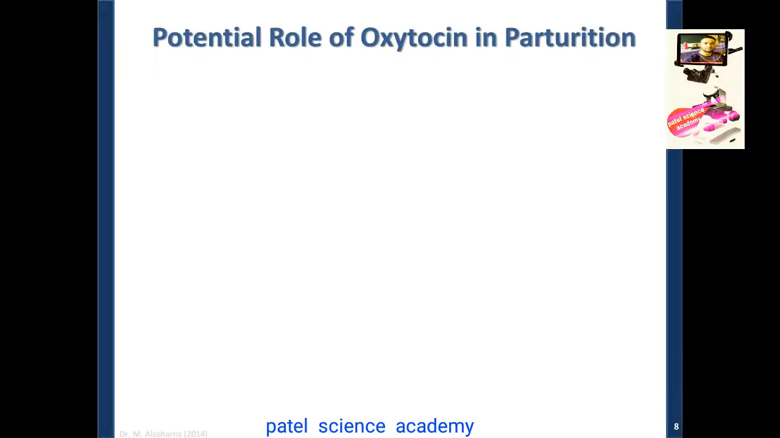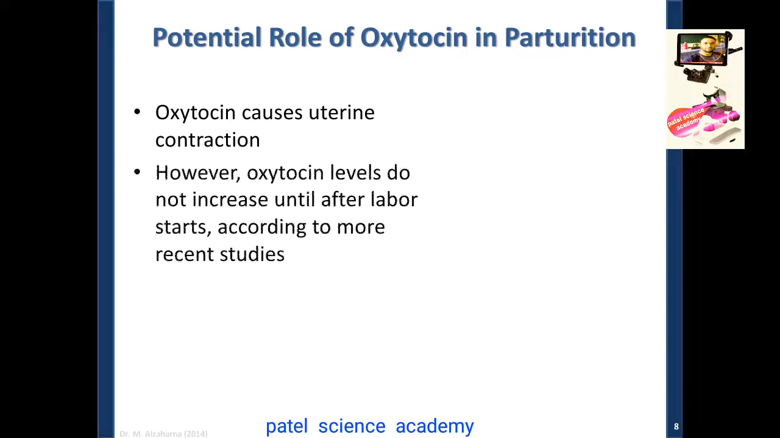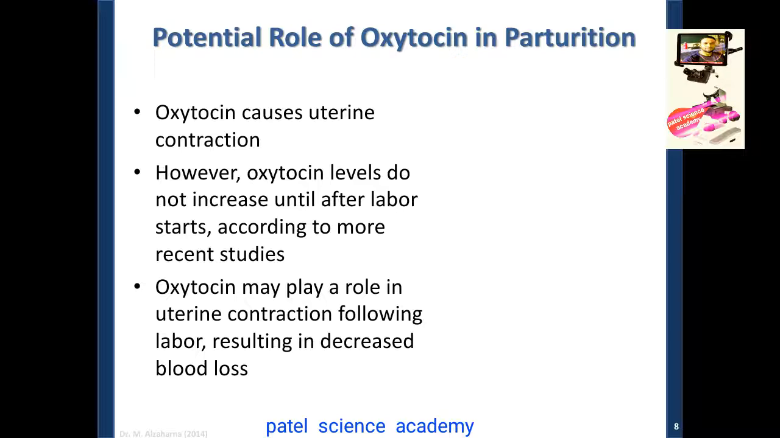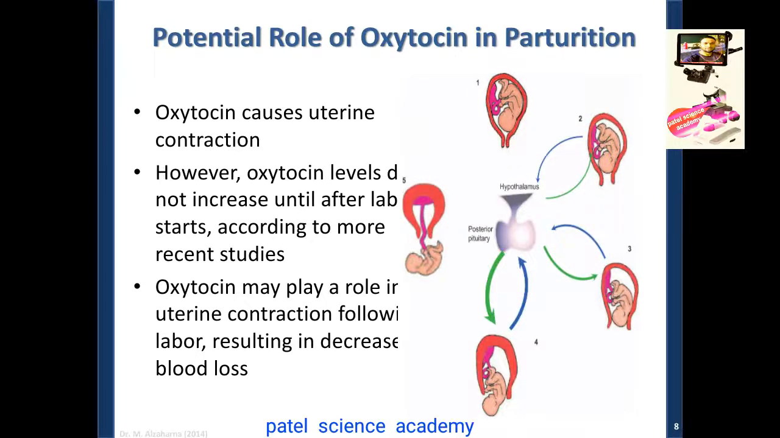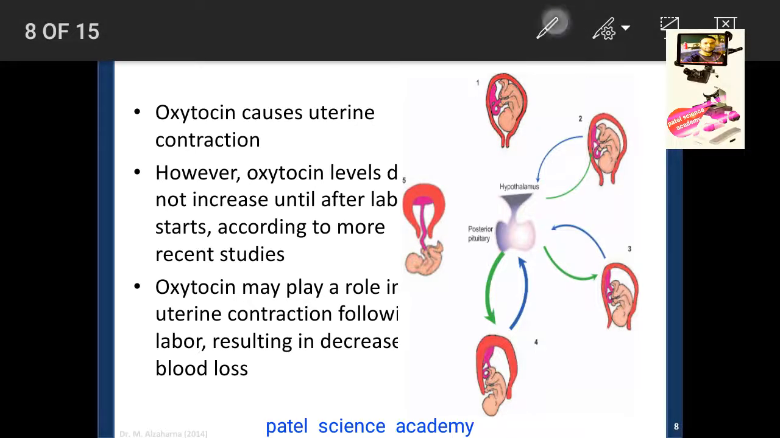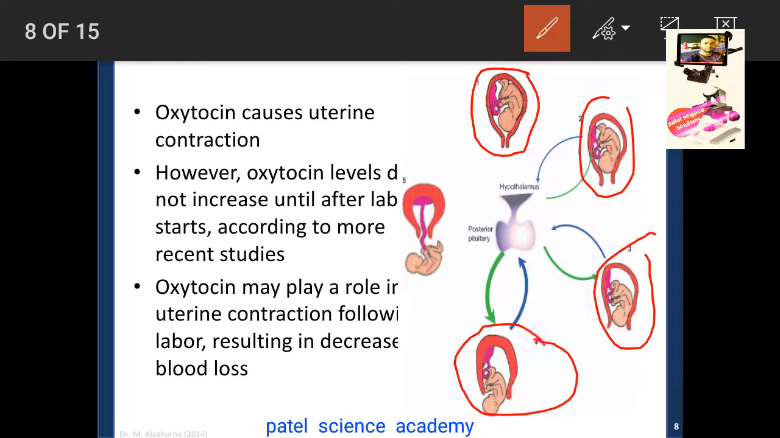Now, the potential role of the hormone oxytocin in parturition. What is oxytocin? This hormone is released by the pituitary gland, and why it is called the birth hormone, we'll see. Oxytocin causes uterine contraction; however, the oxytocin level does not increase until after labor starts, according to more recent studies. Oxytocin may play a role in the uterine contraction following labor, resulting in decreased blood loss. You can see here diagrammatically in this diagram, in this second, third, fourth number, and lastly